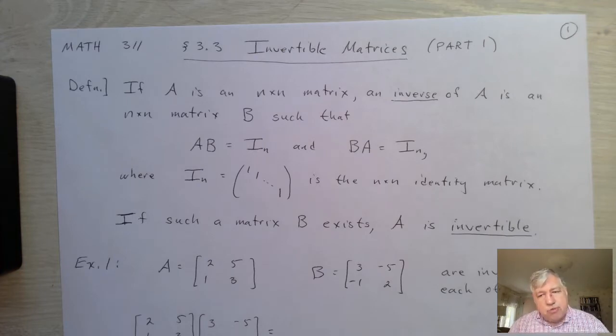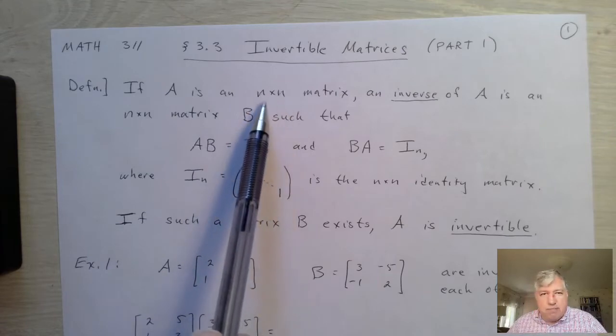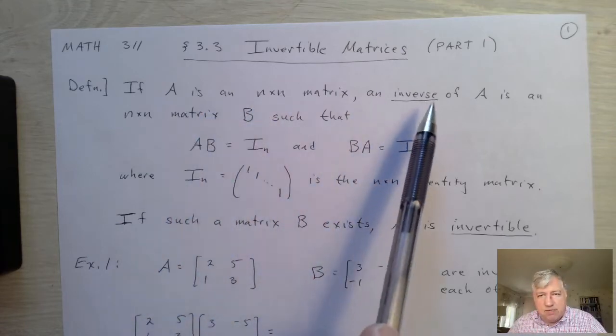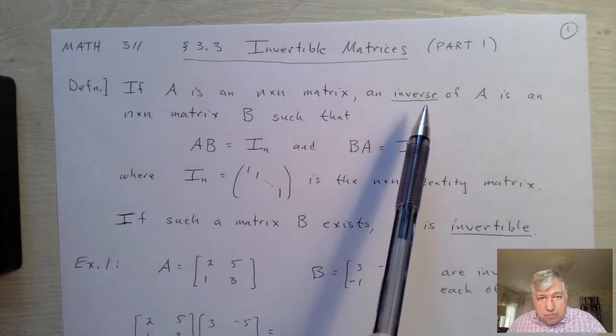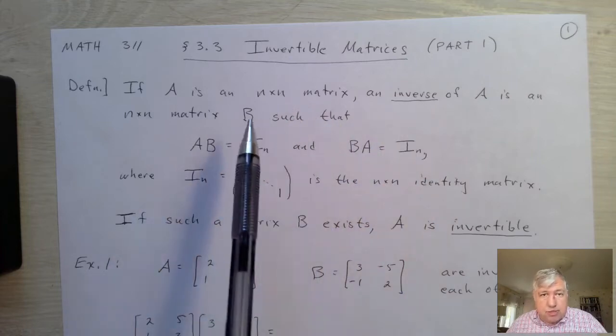These are inverses with respect to multiplication. When we talk about the multiplicative inverse of a matrix, we're talking about a matrix where you multiply a matrix times its inverse and you get the identity matrix. So in particular, we're restricting our attention to square matrices, n by n matrices, and we say A is invertible,